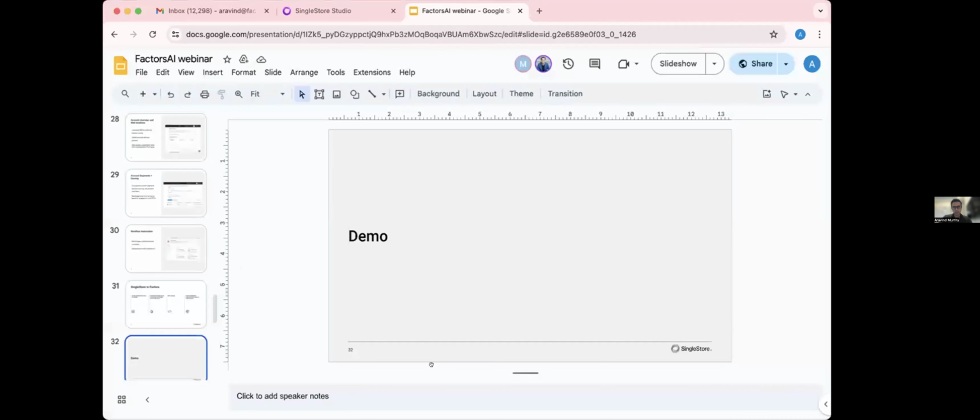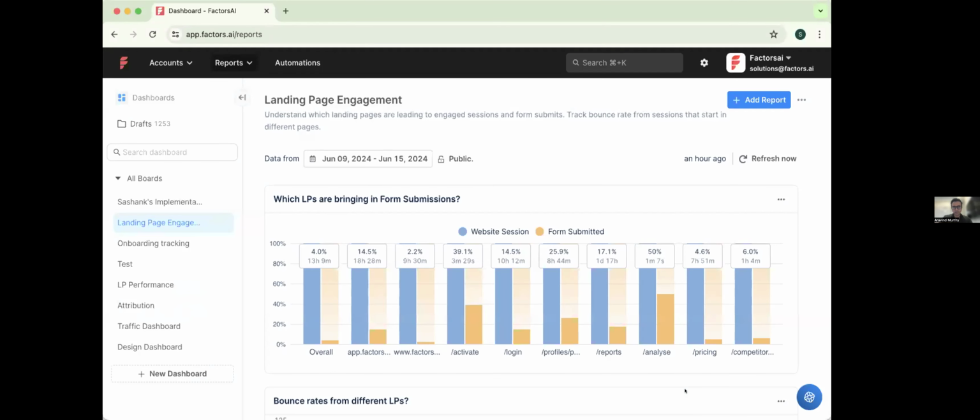So let me just share the other screen. Yeah, I'll briefly go to the demo. So what we have in the product is, once you have all the data,